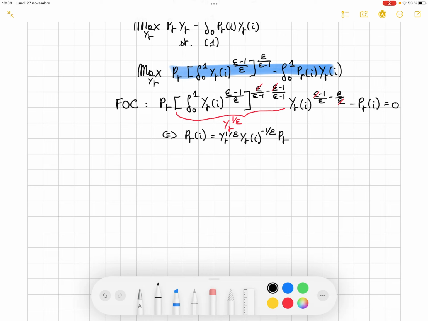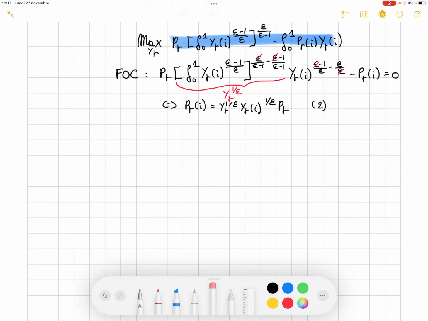Okay, so basically if we put out this term, we get the demand for the goods, right? That will depend on the price of the variety, on the price of all the other varieties that are entering there, and so the price of the final goods indirectly, and here of the use of all the other varieties. Okay, of the demand of all the other varieties, basically. Yes, so that's what we get here.